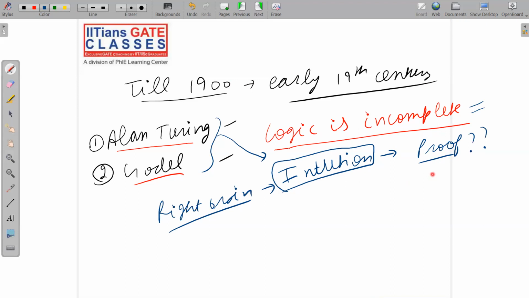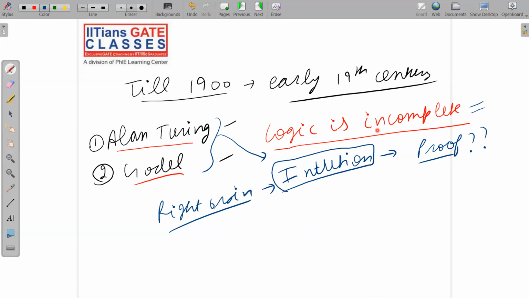This is a very, very important statement. I have said it very deeply, so try to understand it properly. These scientists tried to prove that logic is incomplete with the help of logic itself. This statement is very big, and it was next to impossible at that time. Why was it impossible? Because with the help of logic itself, you want to prove that logic is incomplete. Why am I saying with the help of logic? Because the only tool to prove anything true or false is logic only. Without logic, we cannot prove anything.